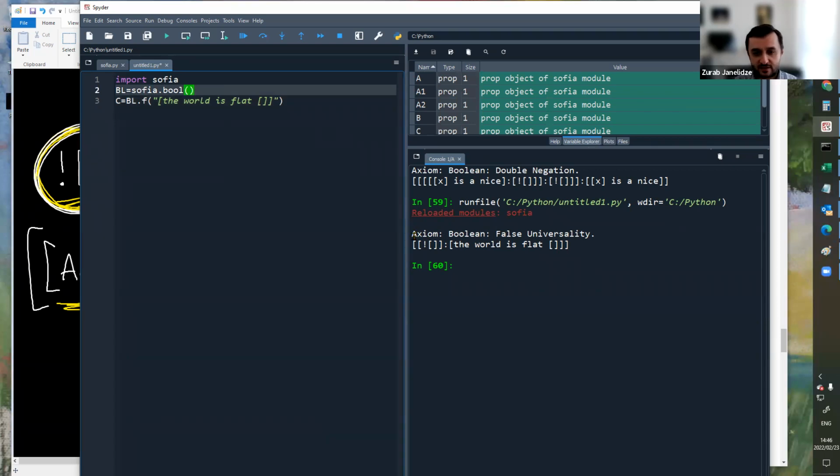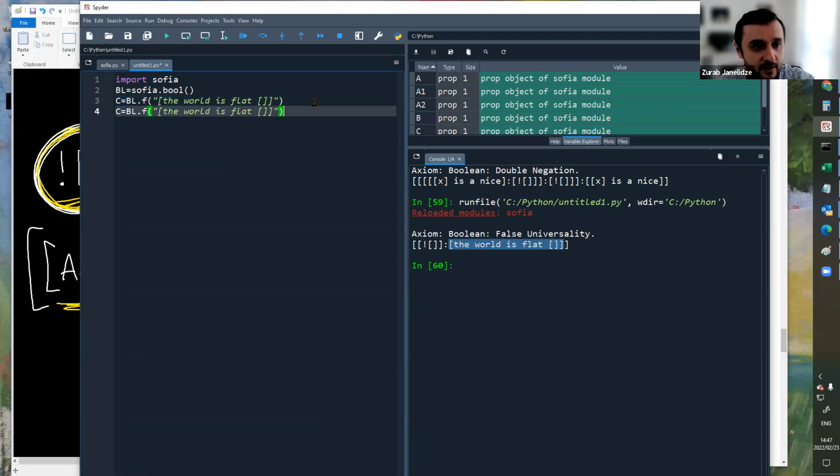So we have an axiom which says what? That if we assume falsity, right? Then remember the colon is implication, right? If we assume falsity, then from this we can derive that the world is flat. In other words, we're saying that from absurdity, basically anything can be concluded. I could put here, instead of the world is flat, anything else I want.